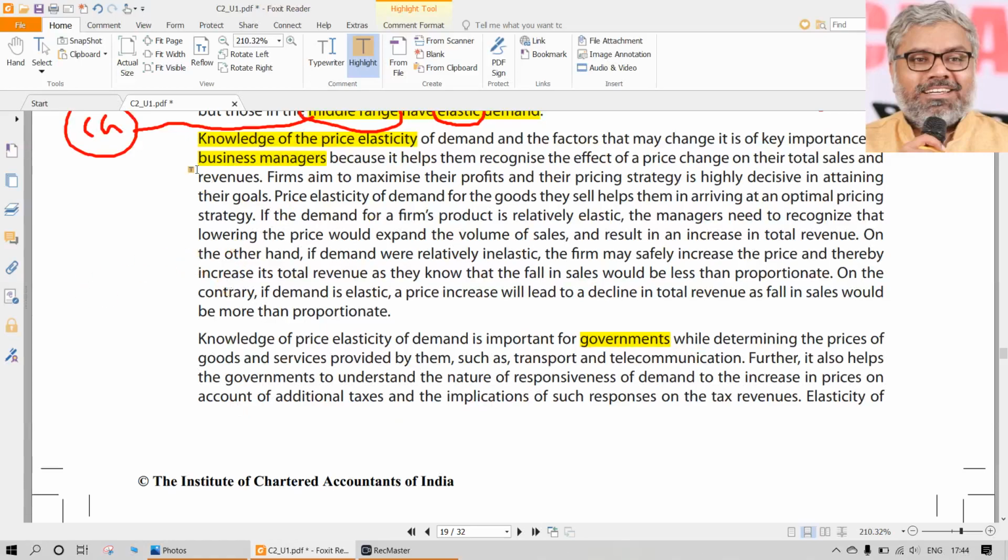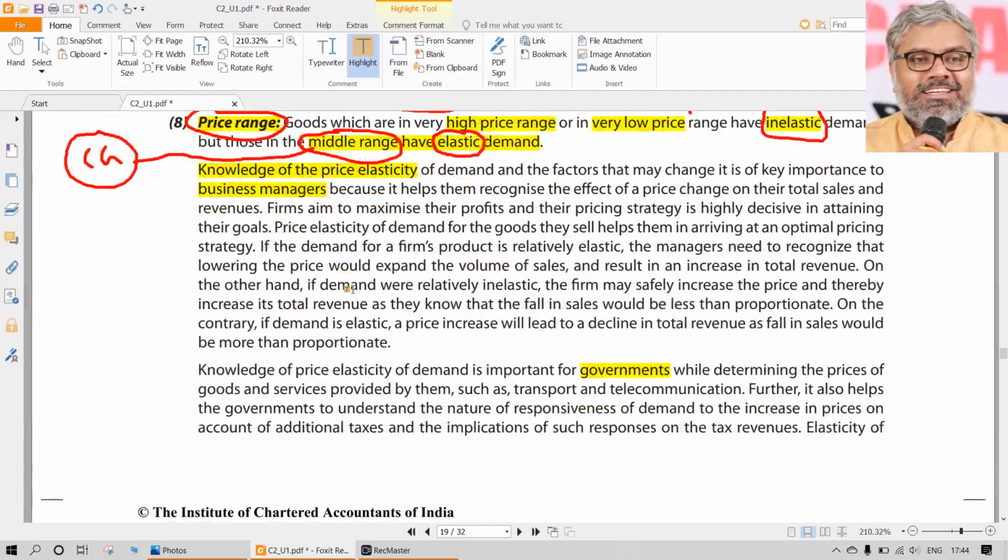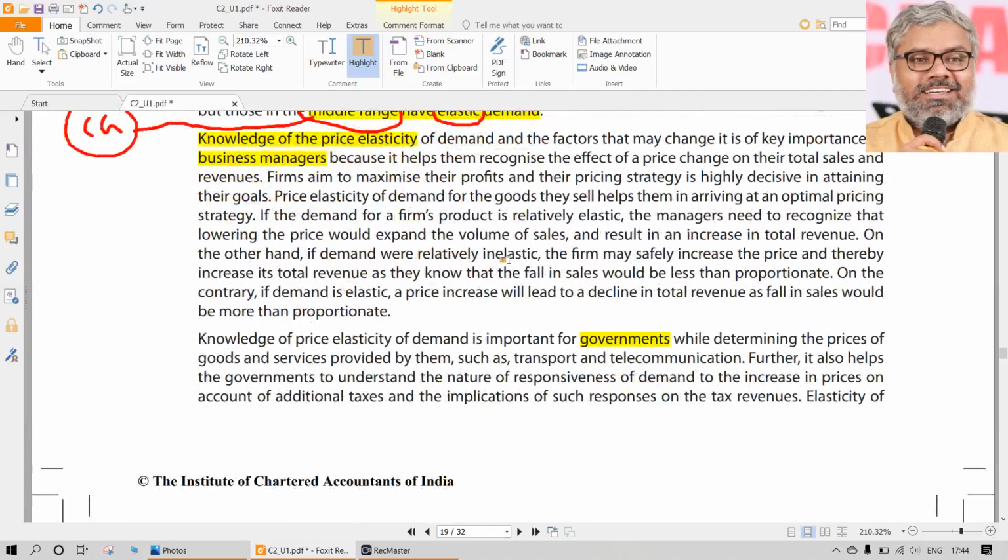And the business houses will understand what the impact of price is on the quantity demanded. They should understand, because if they don't, they will make wrong pricing decisions. Imagine if a firm's product has a high price elasticity, and that business owner or manager changes that product's price drastically, then their business will collapse. That is going to be a dangerous thing.